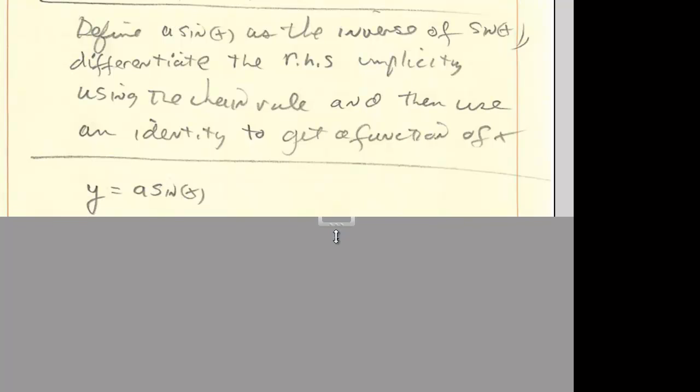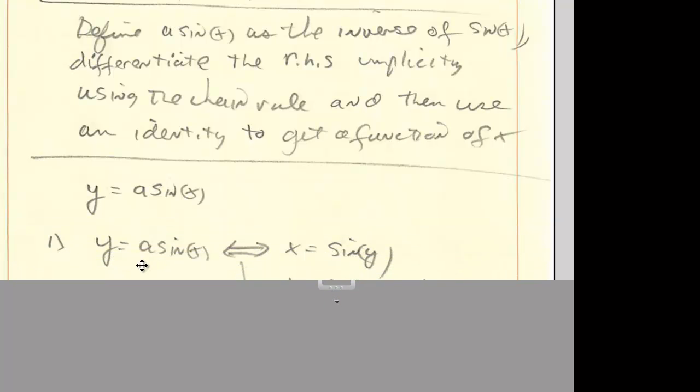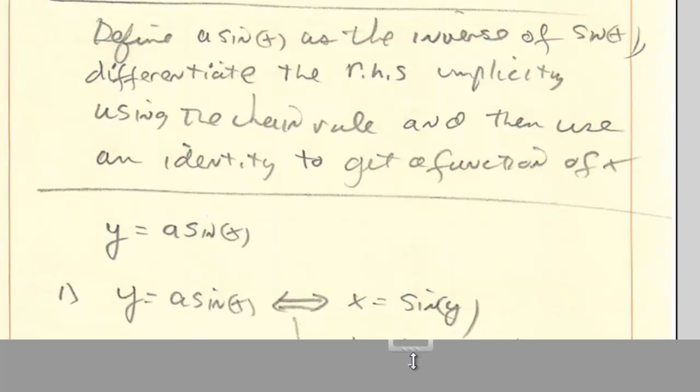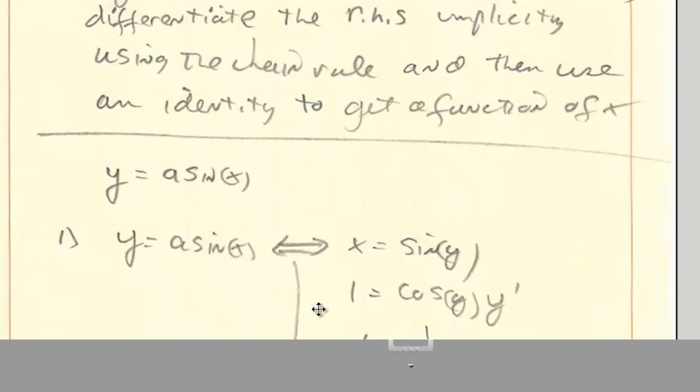So the function we're starting with is y is the angle whose sine is x. So we define y is the arcsine of x as the inverse of the sine function, and this is the statement that does that in accordance with the previous information on using inverse functions and the definition of inverse function. So the process for these is pretty much always the same. That is, take the inverse function you want, put it on the left, define it as the inverse of the function that you know how to differentiate, and then differentiate this side